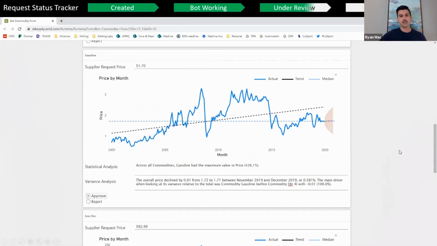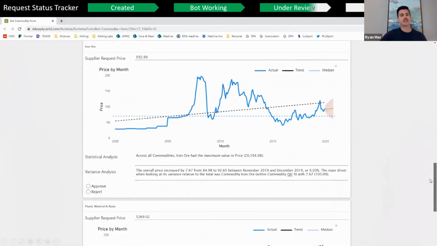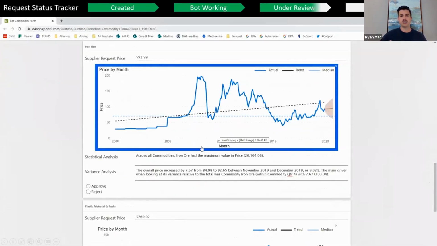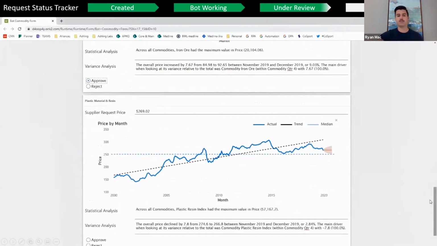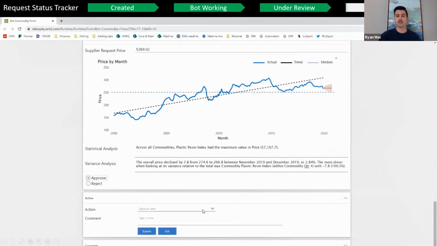So all of the information that the human needs is at their fingertips to make a decision in a matter of seconds, as opposed to minutes, hours, days, if you account for the handoffs back and forth. So it's really, really quick cycle times. And again, the power of information at your fingertips. So all that the approver needs to do right here is focus on the critical thinking task of approving. And guess what? You can even set up confidence thresholds that, if our bots based on our algorithms are,